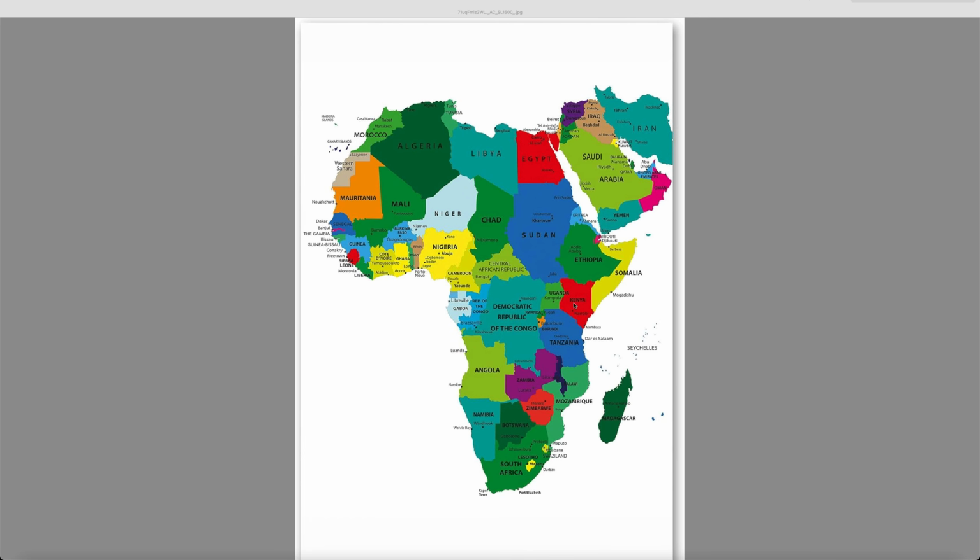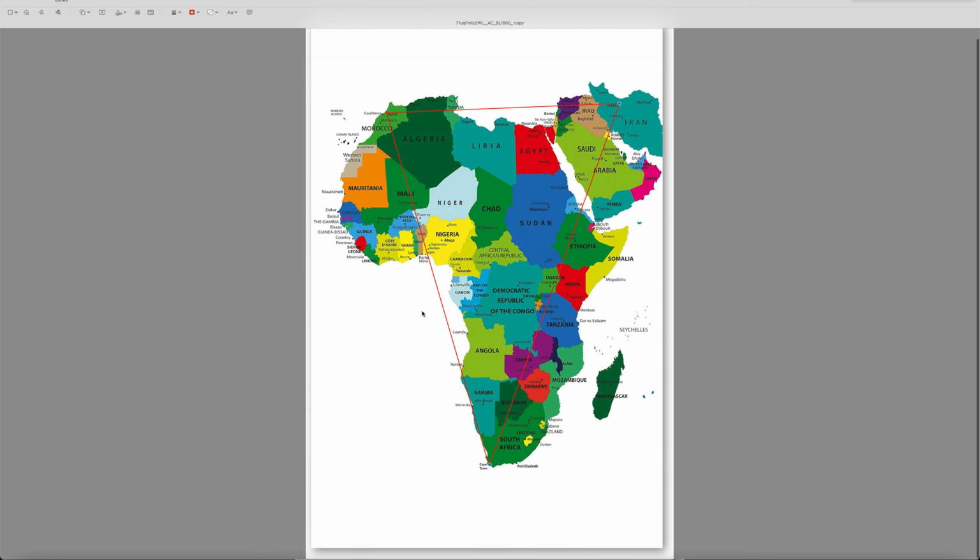Okay, so here is Africa, right? What we're going to do is deal with three cities: Cape Town, Rabat, and Tehran. I've drawn a triangle between the three, and I've gotten their distances between each one, right? Before I go to that, I just want to show